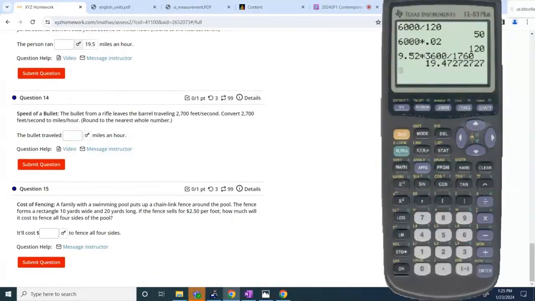My 14 looks a little different than that. What is the speed of a bullet on that? The bullet from a rifle leaves the barrel traveling at 3,500 feet per second. Right. Now on yours, yeah, they're going to be different because it uses an algorithm. So it's the same question, just different numbers. So the procedure is going to be the same. Right? All right. So if you want to follow along with yours as I do mine, just use different numbers. All right. So we want to convert